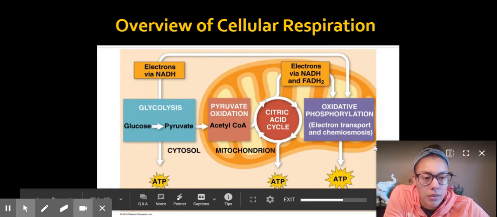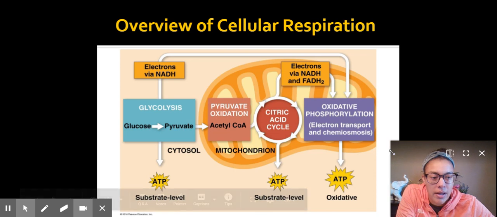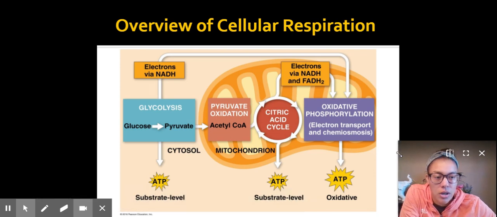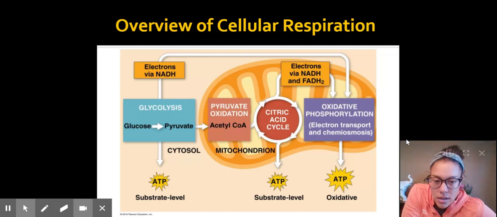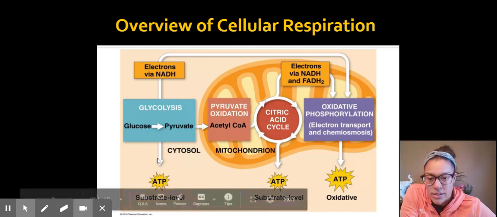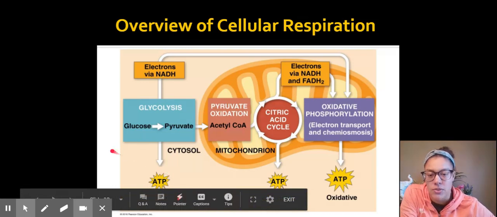Hey everyone, I'm going to go through the very first step of cell respiration, which is called glycolysis for you today. And so that's over here. This is our overview of the entire process of cellular respiration. So again,